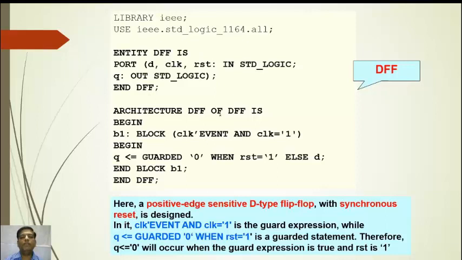Architecture D flip-flop of D flip-flop is begin B1: block (clock'event and clock = 1) begin Q <= guarded 0 when reset = 1 else D; end block B1; end D flip-flop.